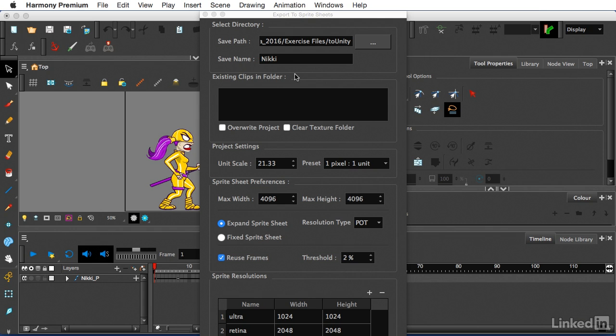Now the save name is very important. Our character is named Nikki. Now even though this particular file is Idle No Sword, we're not going to call it that. The save name will be Nikki because this is going to be the folder where all the different versions or all of the different stances or animations will be saved. So Idle, Idle No Sword, or if there's a jump or kick, all of them will be saved in the